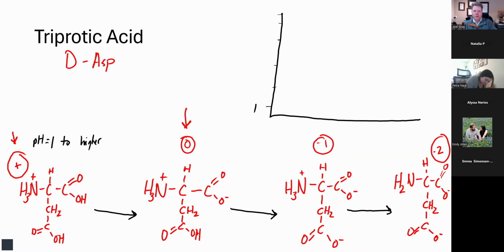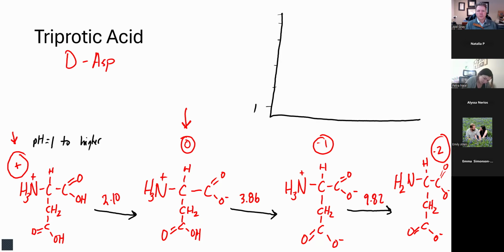Those are our possible charges of this molecule, from when we started, where it was completely protonated, to where it's completely deprotonated. Before I get to that, I want to go ahead and draw the titration curve for this. We've got a total of 3 pKa values. I'm writing those above these arrows. I'm starting with the lowest pKa first, which is 2.10, 3.86, and